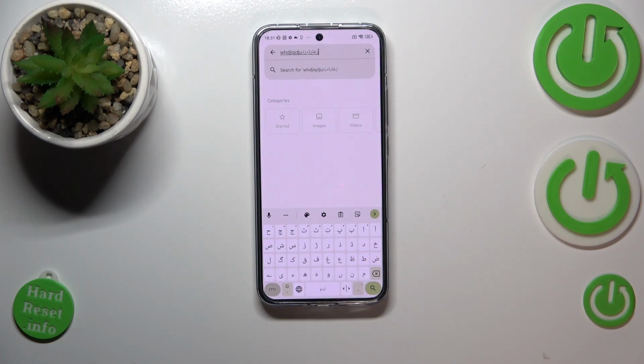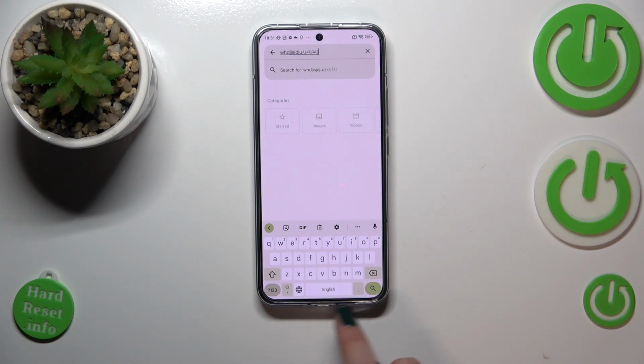And here we can see the second difference. So the spacebar, it's not empty anymore. Right now we've got the name of the language we are currently using. So after tapping on the globe icon you can again see that we've got the English. So basically this is how to add the language to the keyboard, and now let me show you how to